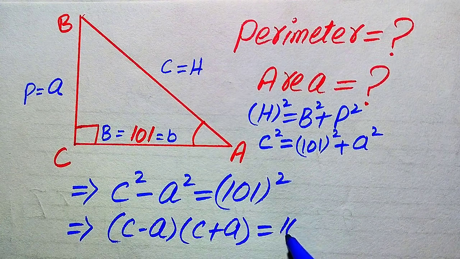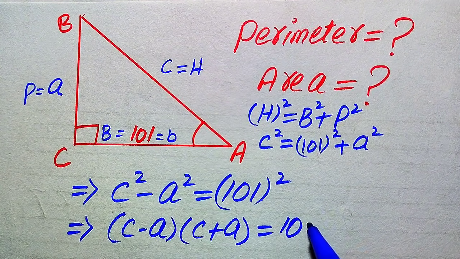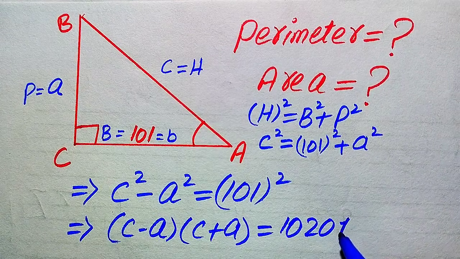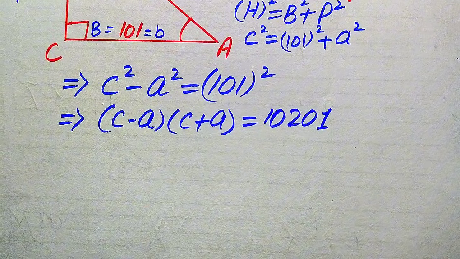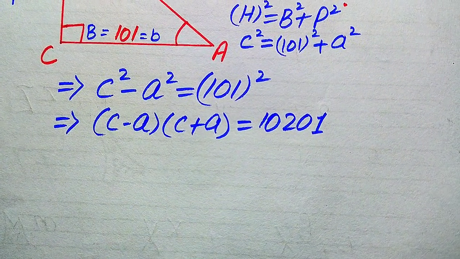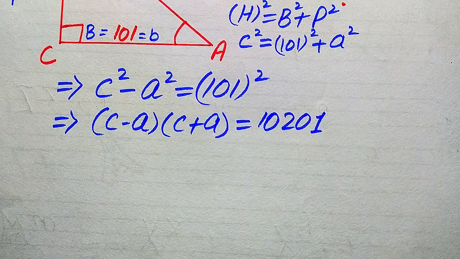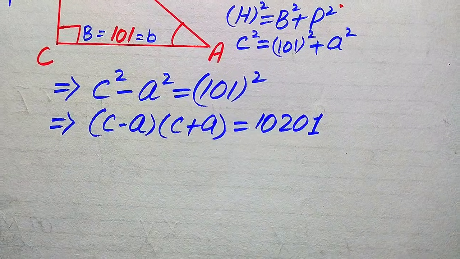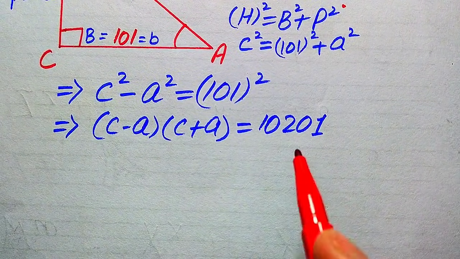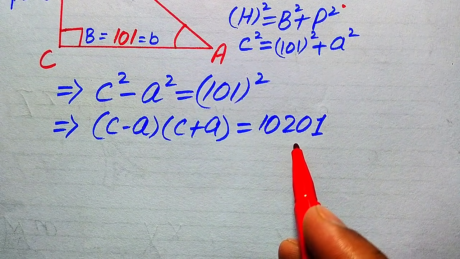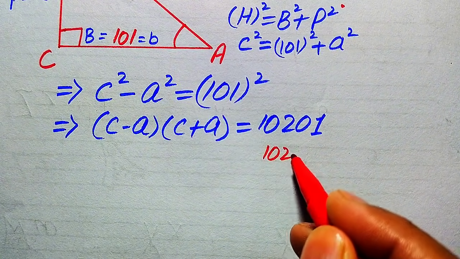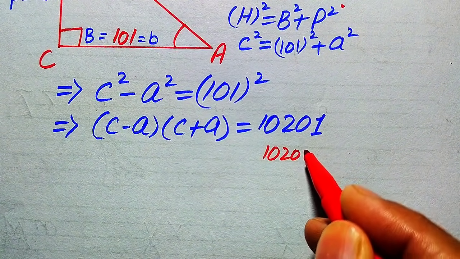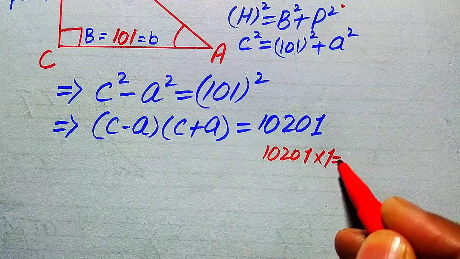square, and we know that it equals 10,201. Okay, so here you see that in the left hand side we have two factors multiplied by each other, but in the right hand side we have only one number. So we need to find the possibilities in which the product of two positive numbers is 10,201. So we have two possibilities, in which 10,201 is multiplied by 1